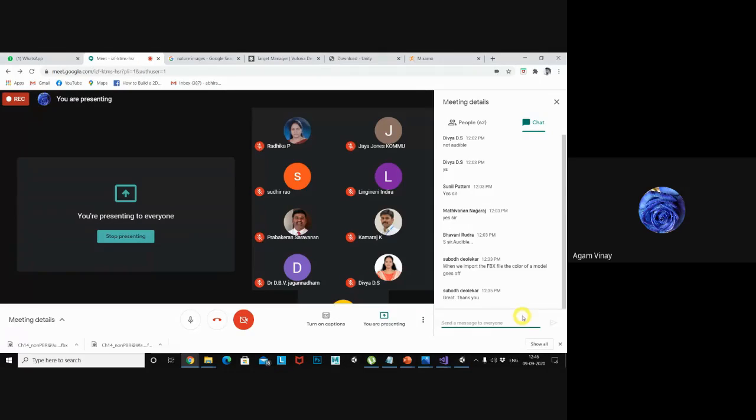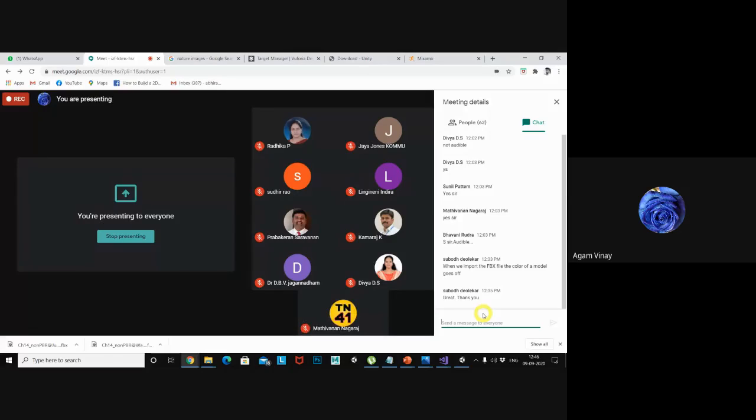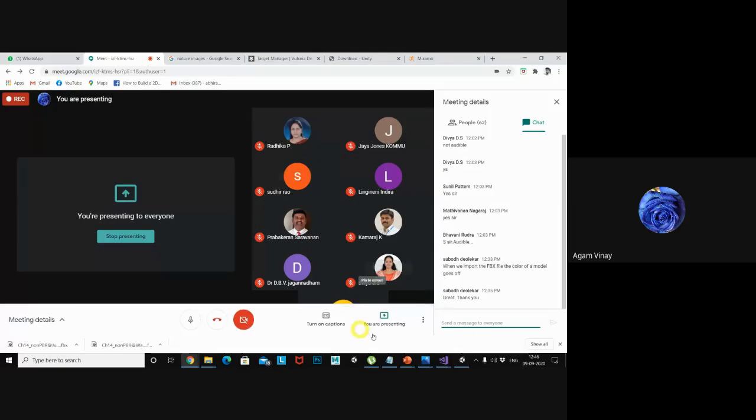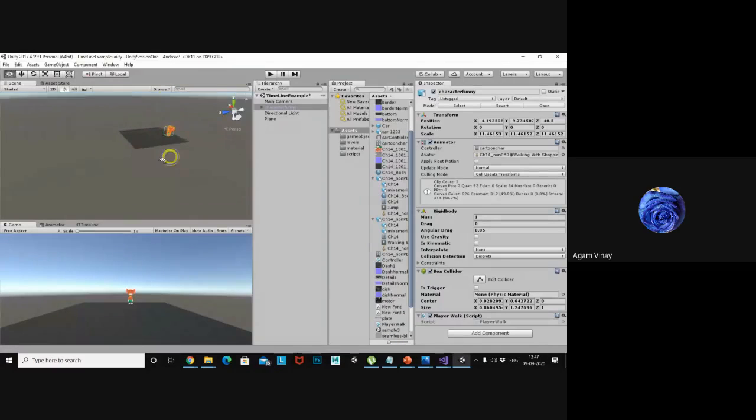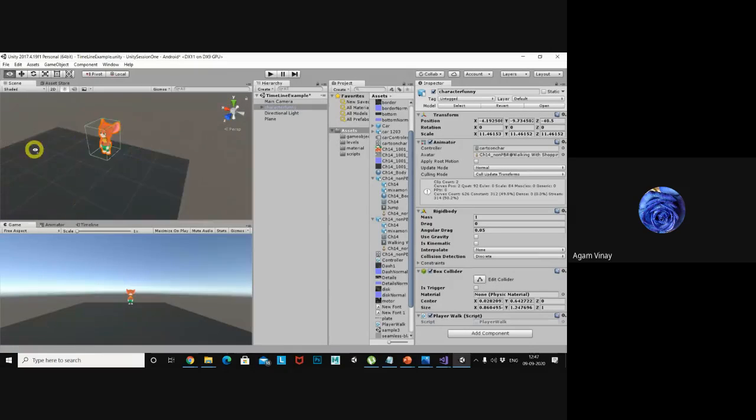So about timeline or about animation accessing, any doubts, please let me know. So if you want to use your inputs, okay, how can you do this? So now by default the player has to move, right? Whenever you play, the player is moving. So whenever I press click, or whenever I press space, the character has to jump. How will that be achieved?